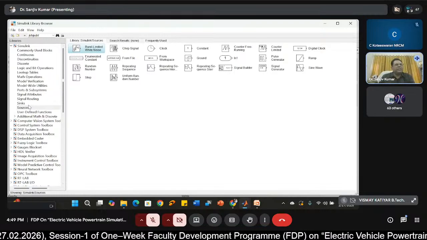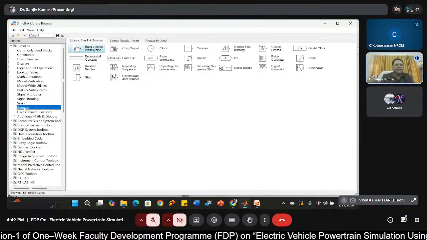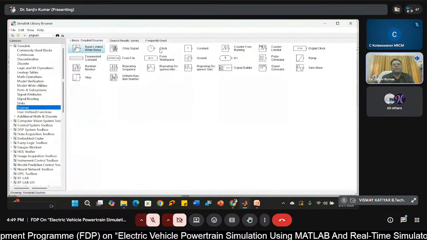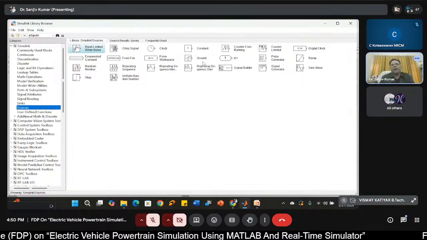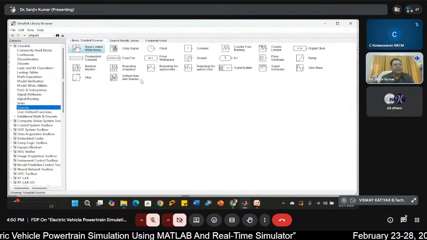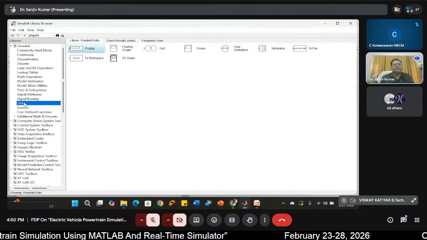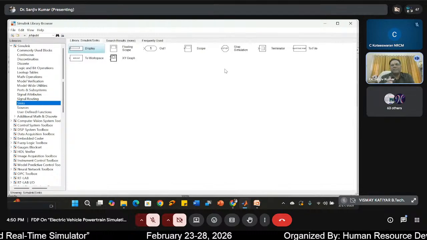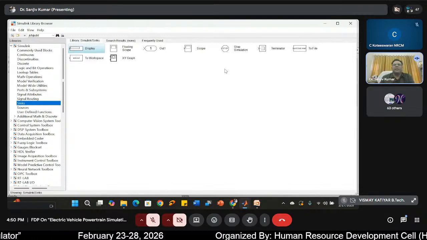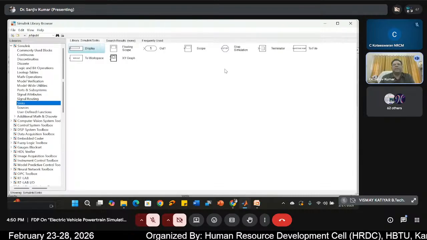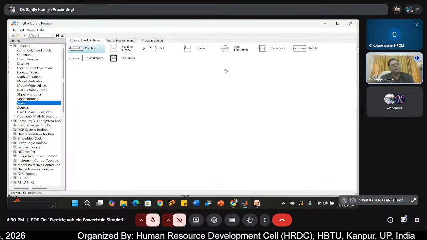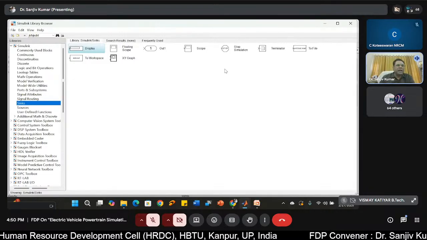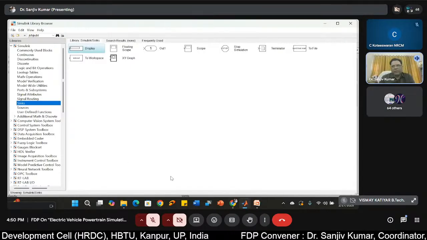For example, if you see these sources, they are generating the signal. Here just see, it is generating. Arrow is like this. From workspace, ground, all are like this. Just look at the sink. You will find scope. The signal is coming. All is like sync. They are absorbing the signal. So you should ask your student to first understand the various libraries and their use, then apply in the real problem.